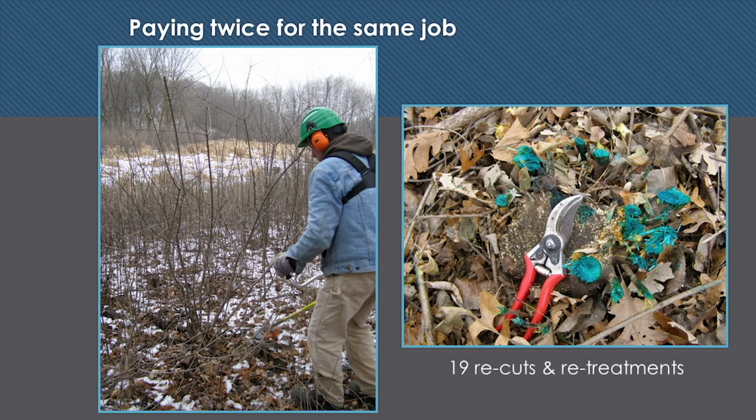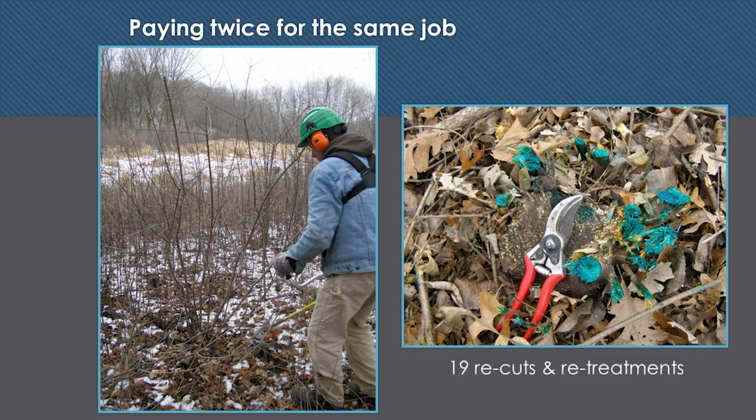So here, yes, I was hoping this would be the next slide. So a stump that's not treated, there's 19 resprouts at the base of this stump that have to be cut and treated. This one, that's the main stump that was cut a long time ago, because that's dead. But it resprouted in living tissue all around here that caused these sprouts. Every one of those needs to be treated. Every one. And so you're paying twice for the same work. You got to do it right the first time.